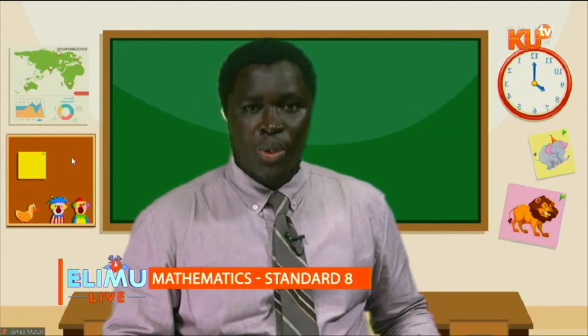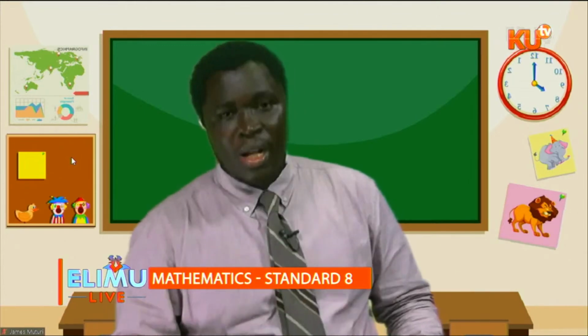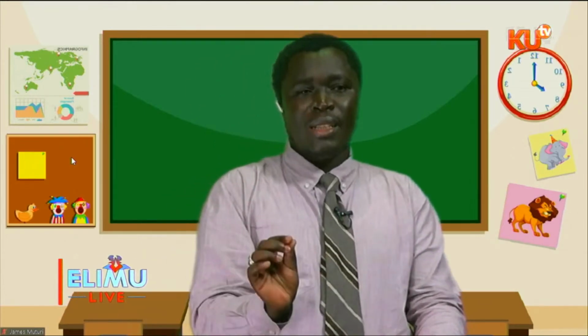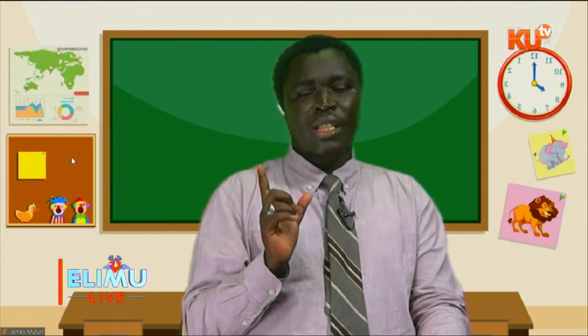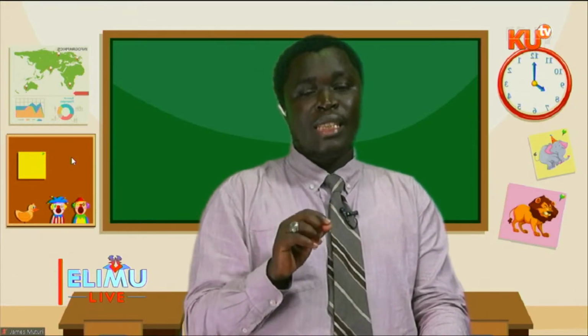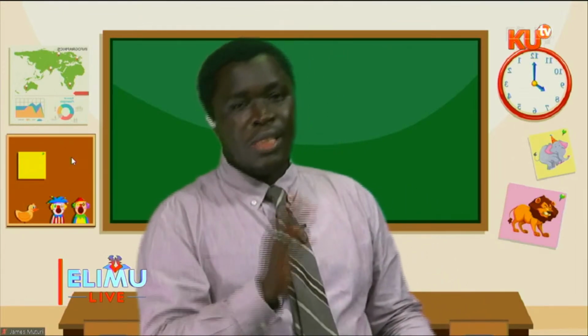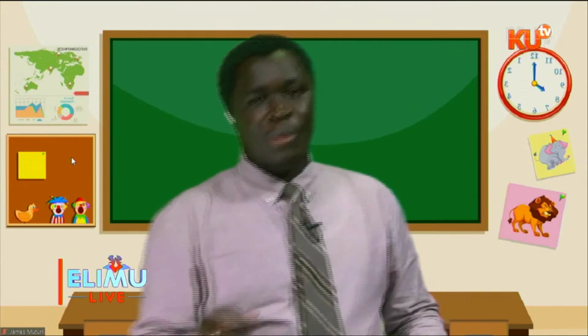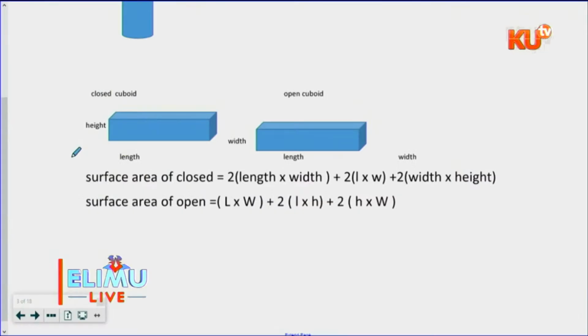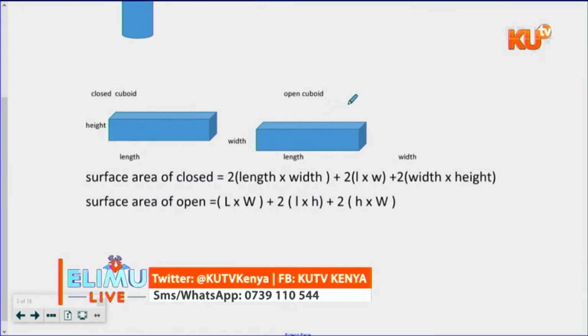So how do we go about this? So one face is missing. Remember, in closed, all the faces were there, and we are using the term 2 into, 2 into, 2 into. Let's come to this figure and see. This is the shape. This part here is open. The part is not there. So if the part here is open,